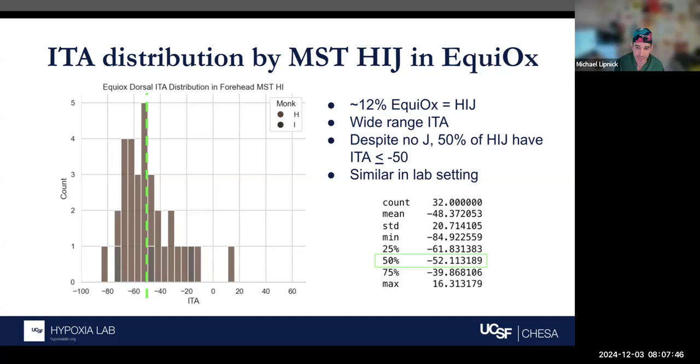Continuing with the recap, these are data that we had shared previously. These are ITA data collected from the Equiox trial here in San Francisco at our public safety net hospital for the city. And in the population that we see here, this is critically ill adults. And in this population, we were seeing,